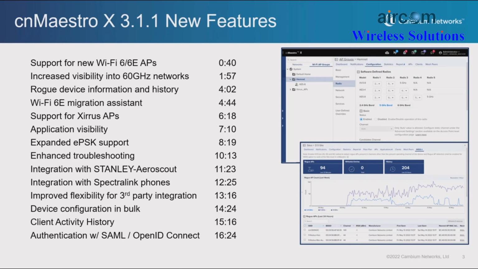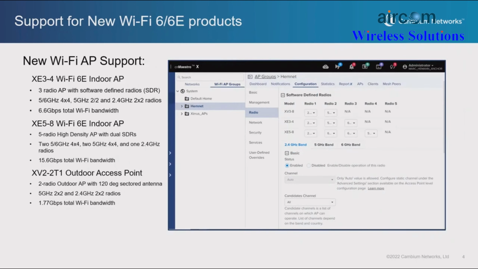date. The cnMaestro X 3.1.1 release adds full management support for the XE3-4, XE5-8, and XV2-2T1 access points. The XE5-8 is an industry-exclusive 5-radio high-density access point supporting 15.6 gigabits per second of total Wi-Fi bandwidth. The two XE series access points support Wi-Fi 6E with software-defined radios, selectable between 5 GHz and 6 GHz operation. The